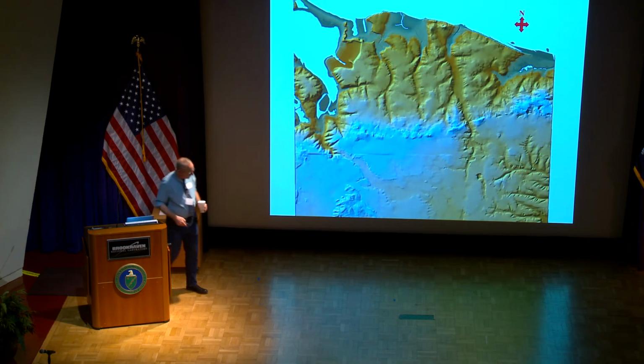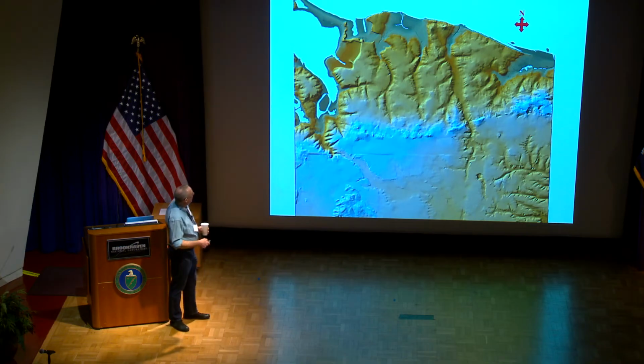Here's a digital elevation model of the Northport, East Northport, Kings Park area. And there's the crest of the Harbor Hill moraine, the tunnel valleys, and the outwash plain. Notice that Northport Harbor and Centerport Harbor combine. They're a split tunnel valley that combines into a single valley, goes up to the crest of the moraine, and then you can see there's